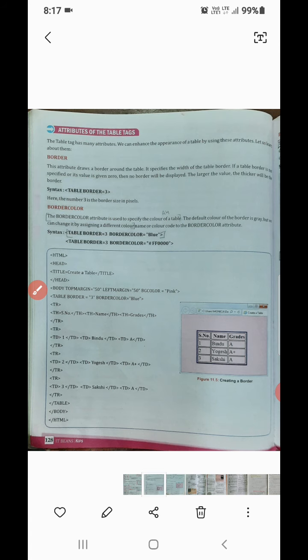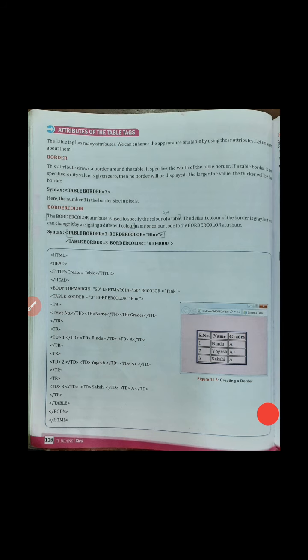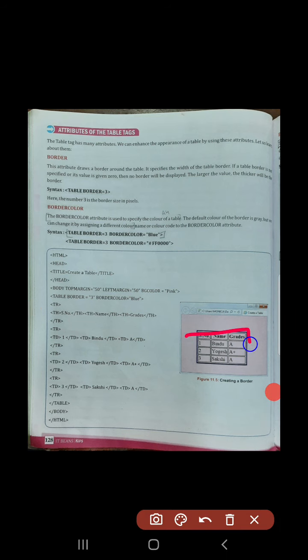These two, the border and border color attributes, are used for getting these lines in HTML. These borders we get with the help of the border attribute, and we can change the color of it by border color.